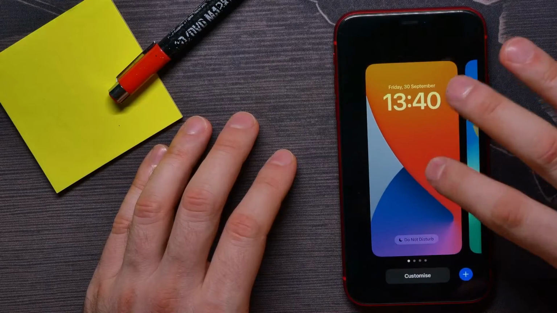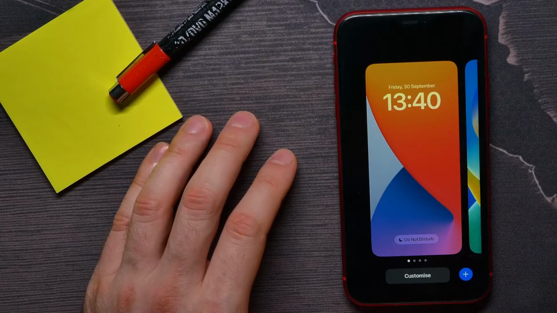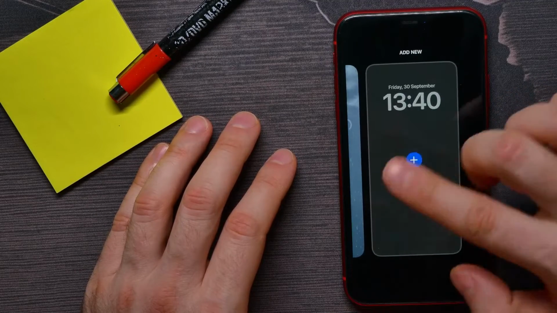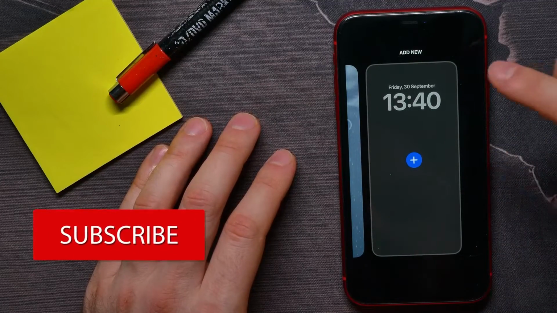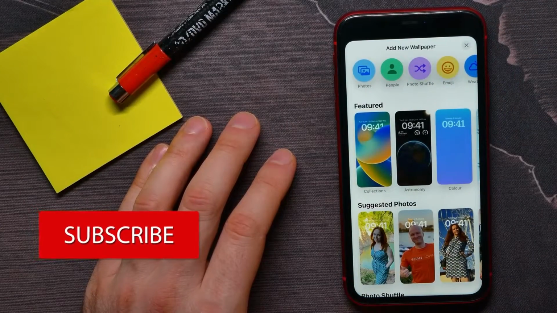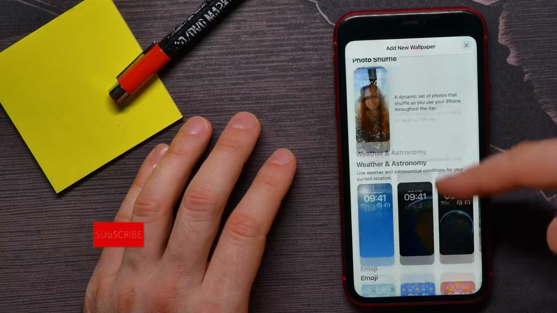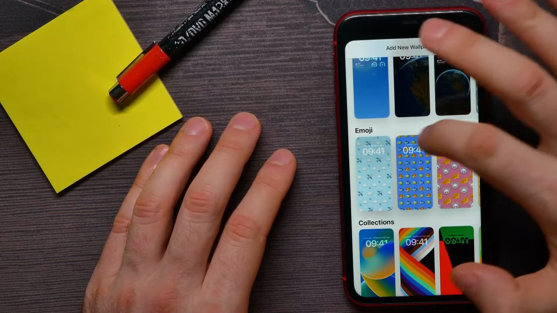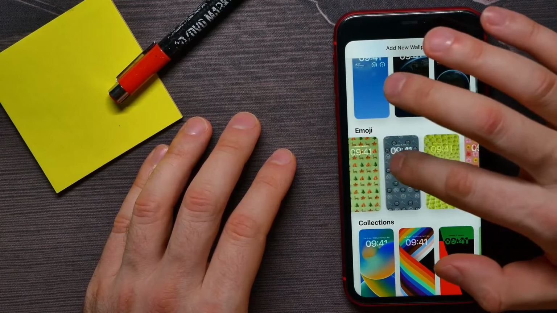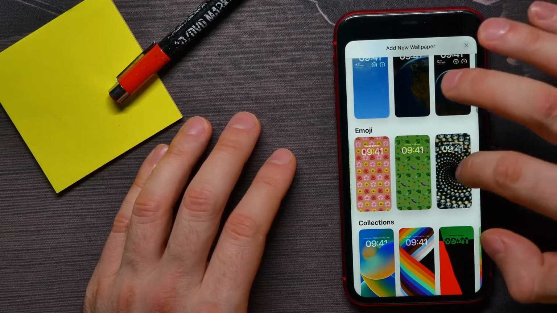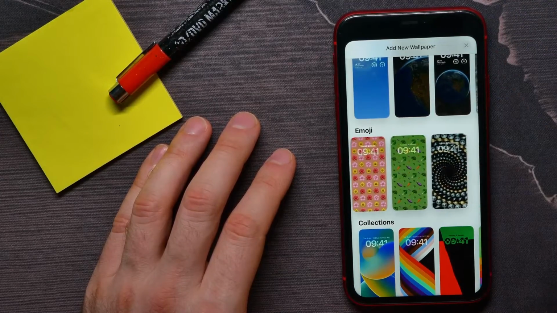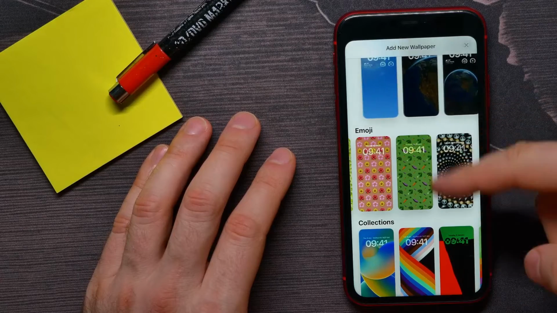Then you can hold down somewhere on the lock screen to bring up that edit mode where you can easily switch between your lock screens, and also you can hit on the plus sign to add a new lock screen. From here you can scroll down until you find the emoji category, and there you can go through all those lock screens, and of course you can select any of them that you want, but also you can add your